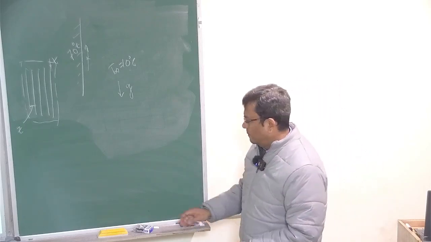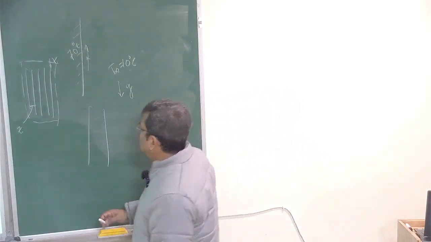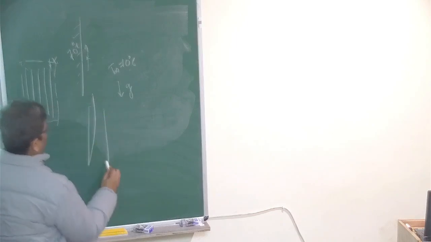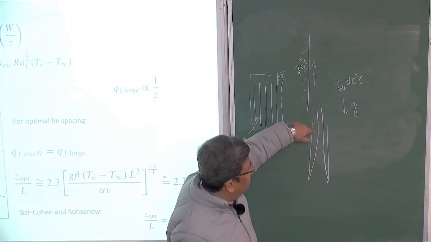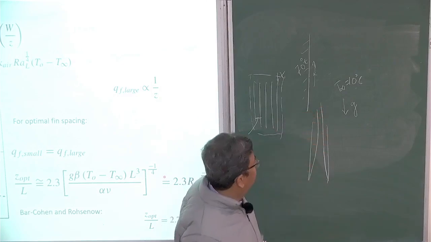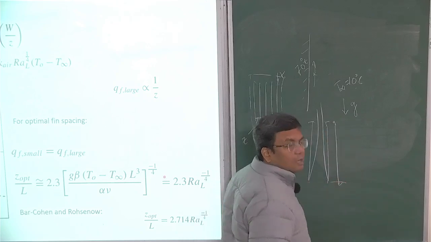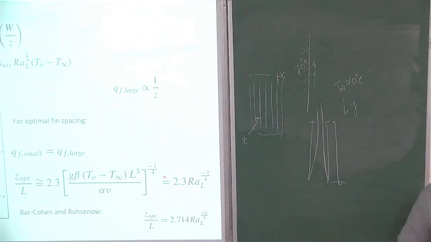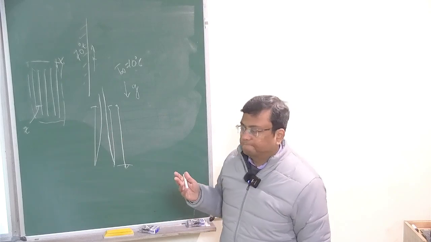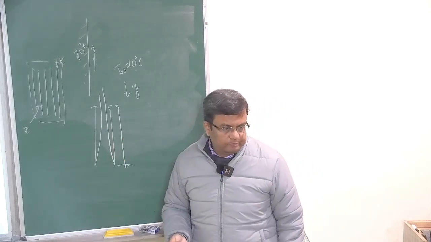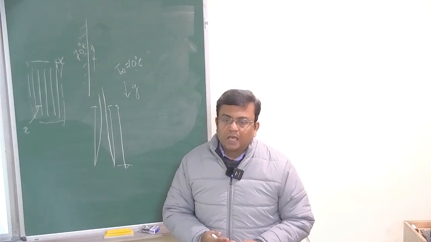So if you have a channel with a large spacing, then as I said, this will give you one boundary layer, this will give you another boundary layer, and they will meet after a long distance. Ultimately, they will have to meet, but the height of the fins is such that they don't really meet. So mostly you get entry length kind of behavior. So the fins form a duct, right? And in a duct,